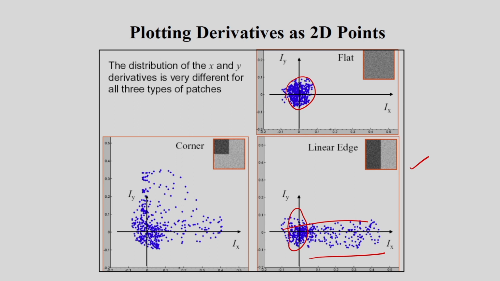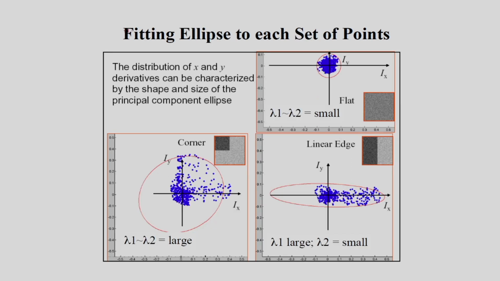Corresponding to the corner points, the gradient along the x direction will be high and the gradient along the y direction will be high. So based on this gradient information I can determine the corner points. That means for the corner points both the gradients will be high, for the flat region both the gradients will be low, and for the linear edge, suppose this vertical edge, the x gradient will be more and the y gradient will be less. Now corresponding to these gradient points I can fit an ellipse.